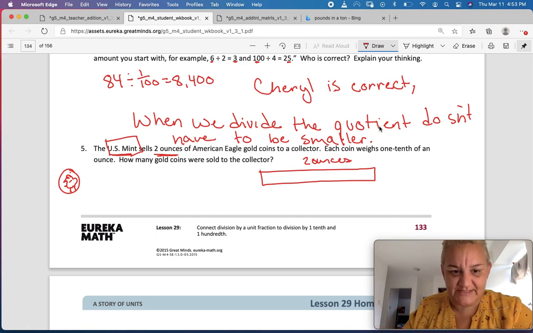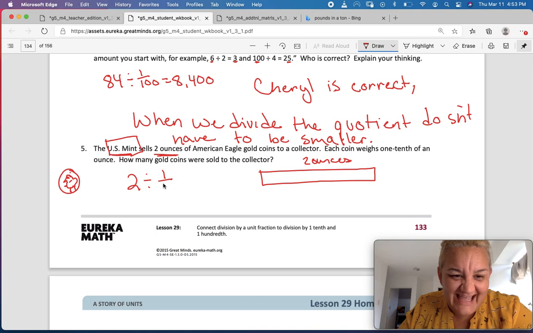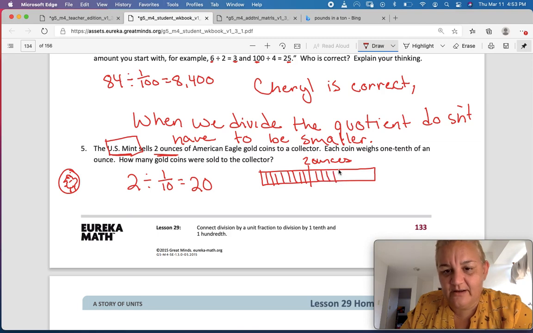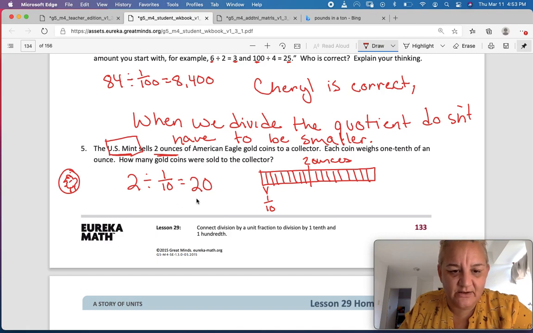Okay, so 2 ounces. And each coin weighs 1/10 of an ounce. So 1/10, you know that 2 divided by 1/10 equals 20, right? Because there's 2 ounces and each one got divided into 10. So each of these coins is worth 1/10 of an ounce. So altogether, there were 20 gold